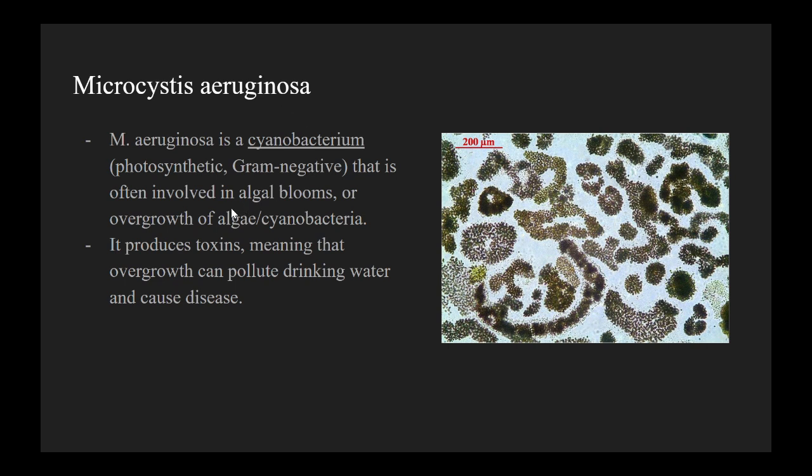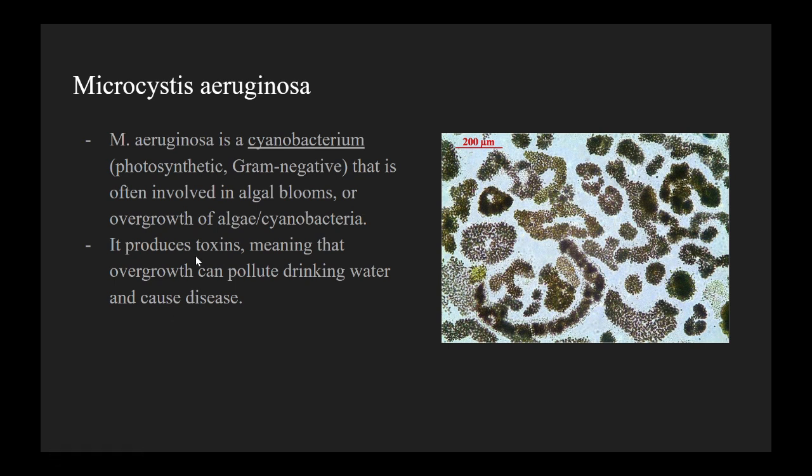So this is when you see, for example, on Cassidy Lake, that gunky green layer that grows on the top of the lake. That's an algal bloom. It's where you get an extreme overgrowth of algae slash cyanobacteria, and they kind of colonize the surface of a body of water. And this is actually very, very bad for a number of reasons that we'll get into. But for this specific species here,